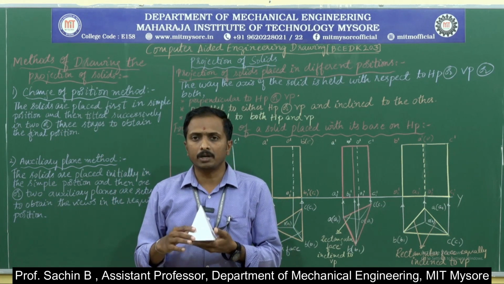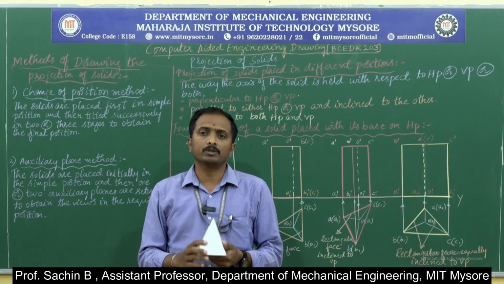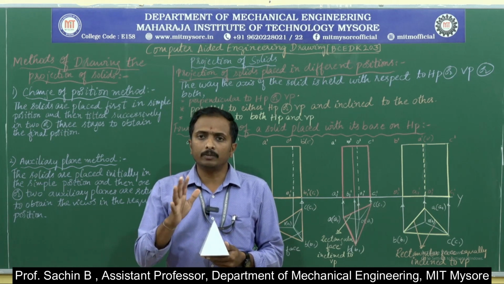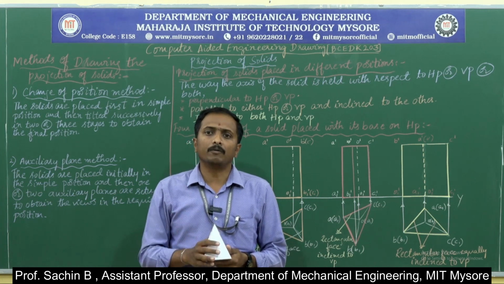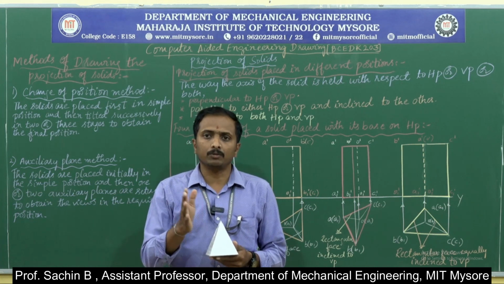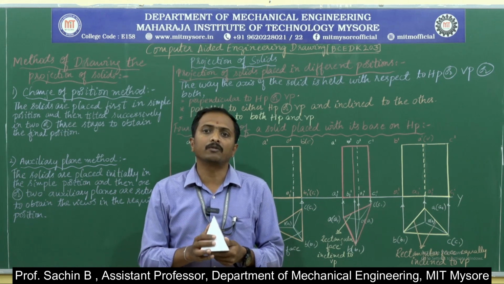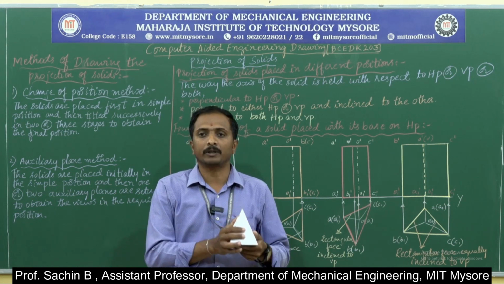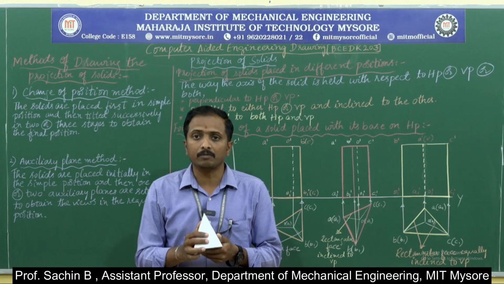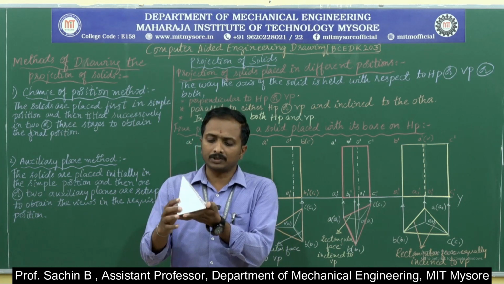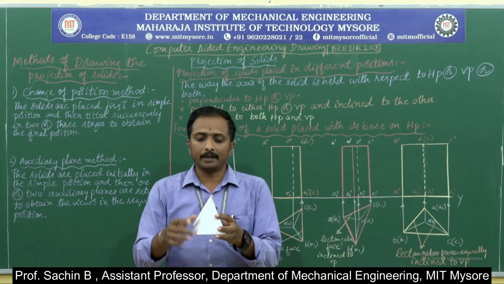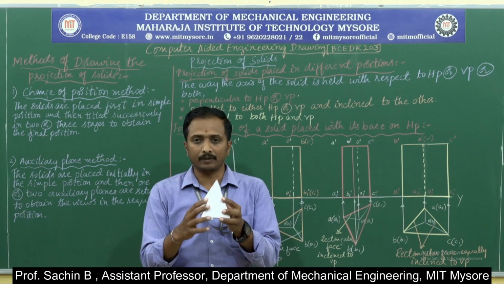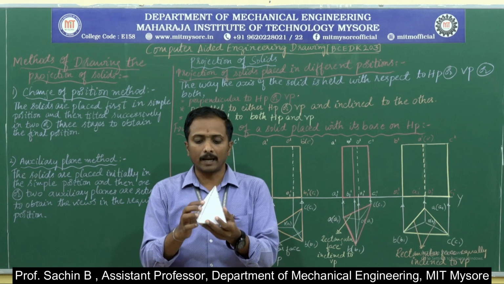In the change of position method, the solid will be placed in a simple position. Then, to get the final position, two or three successive stages of inclination should be done with respect to the planes. That is called the change of position method. Now here I am considering the square pyramid. Just observe here, the base will be the square and it is connected with the triangular faces, four triangles of the same